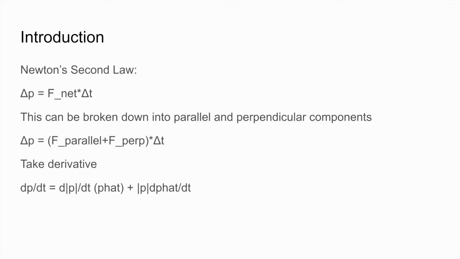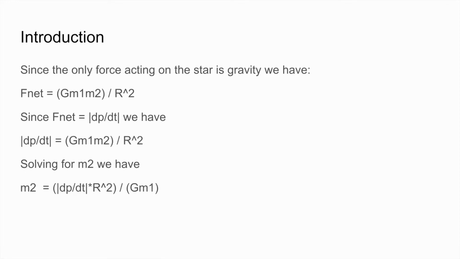So we have change in momentum is equal to F parallel plus F perpendicular times delta t. And then when we take the derivative, we have the change in momentum over the change in time is equal to the change in momentum per change in time for each of the parallel and perpendicular components. And additionally, since the only force acting on the star here is gravity, we have the